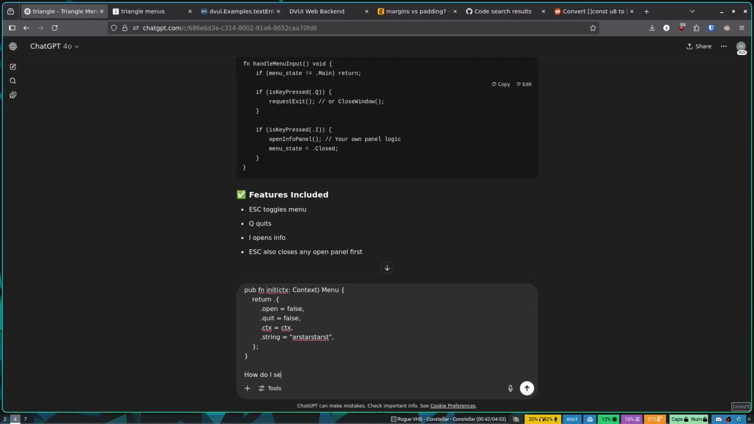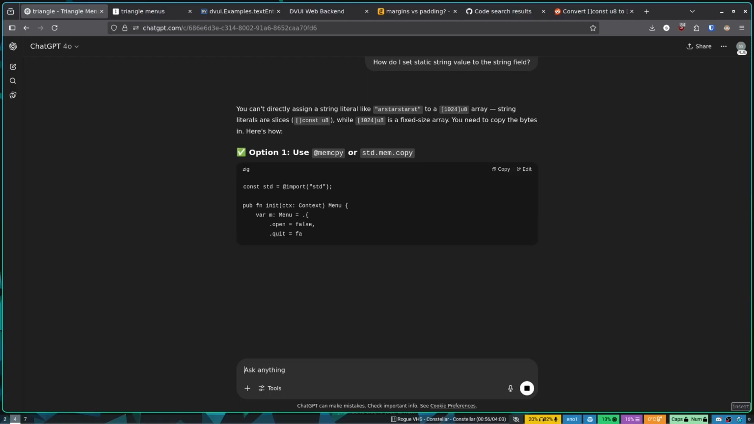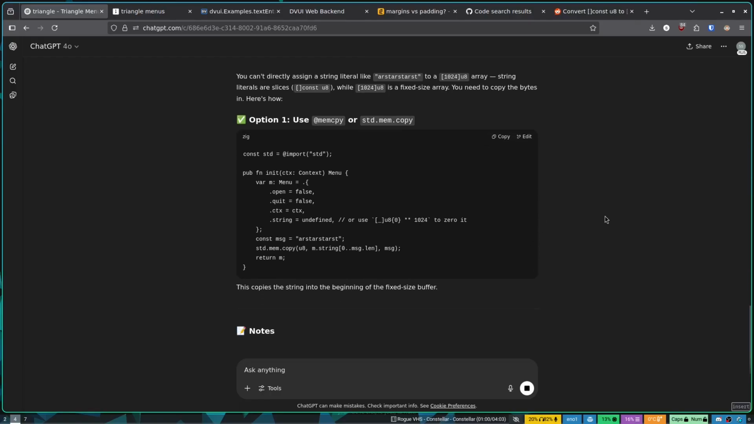How do I set a static string value to the string field? Yes, I know that part. You need to copy the bytes in. Yeah, that's what I figured. Right, okay. That's kind of what I figured. U8, and I want to copy it to